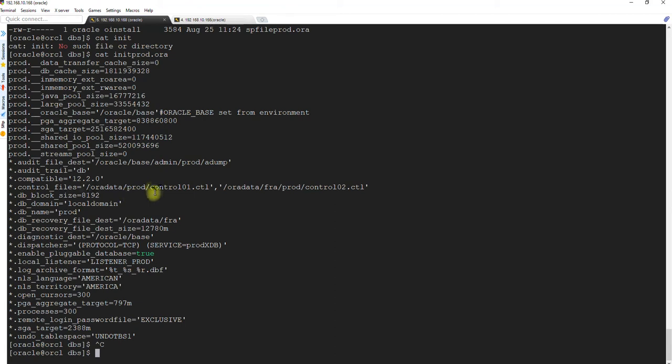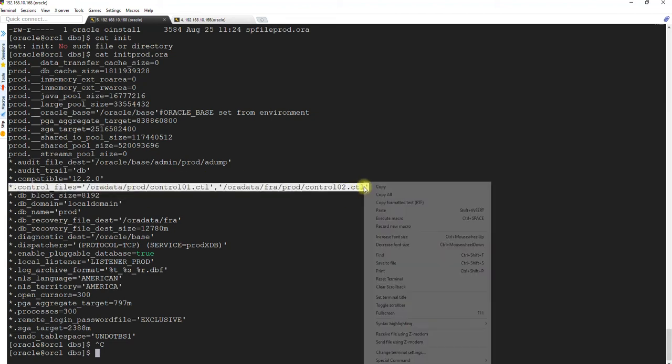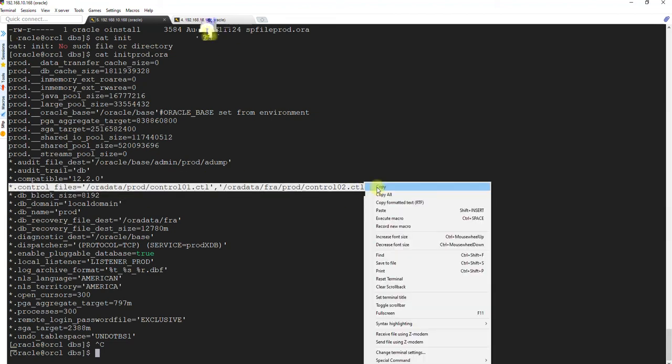So you will see that on the secondary server, this folder we actually created just moments back, right? So it will restore the control files here. We will give it this one, so that both control files are restored to a proper location.